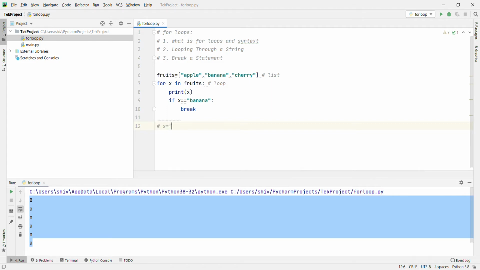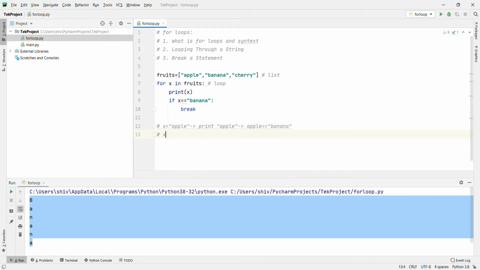First x will be apple, then it will print apple, and we'll check the condition, apple equal to banana. If it's not, then it will not go inside.